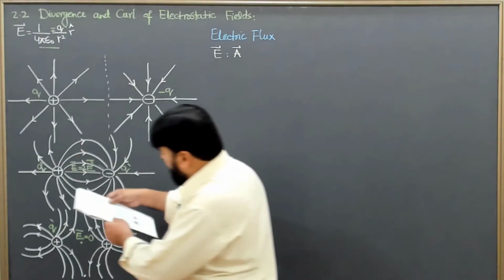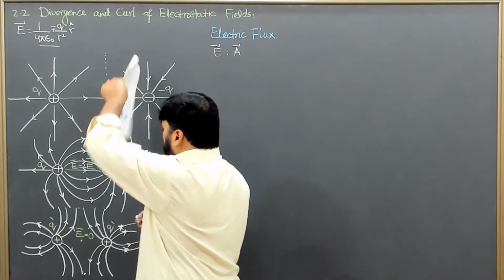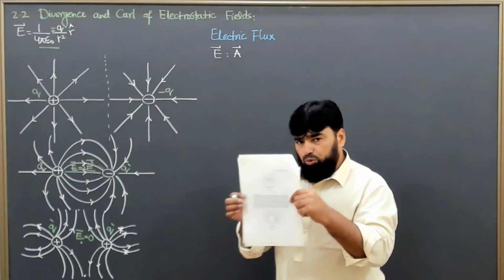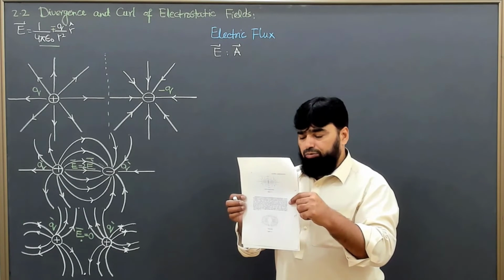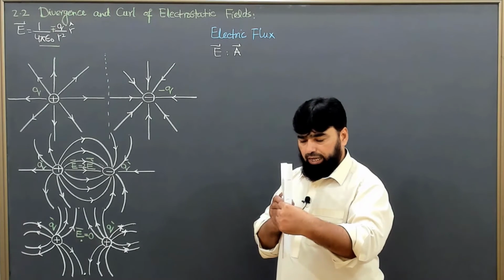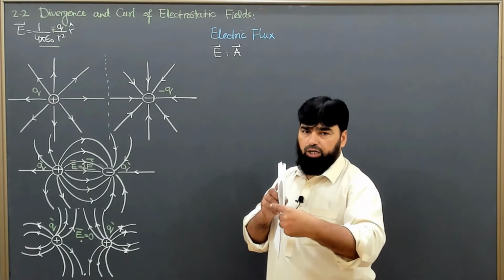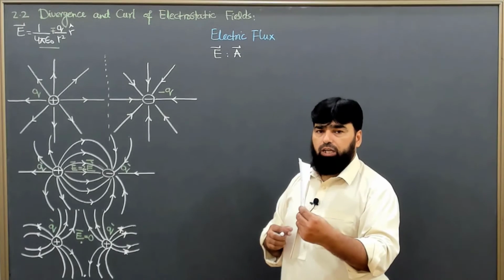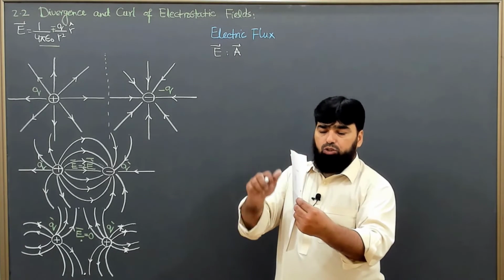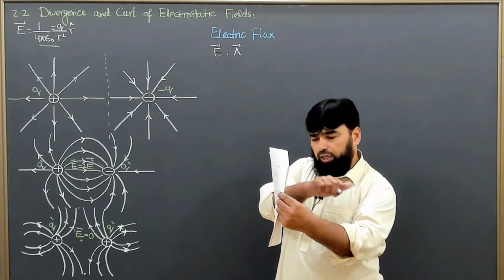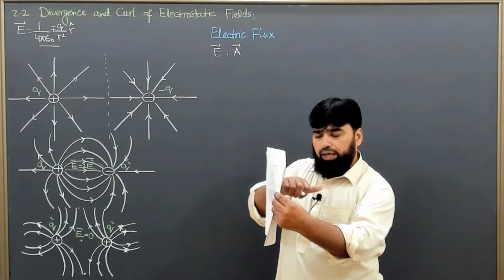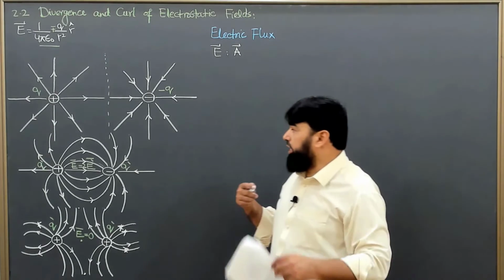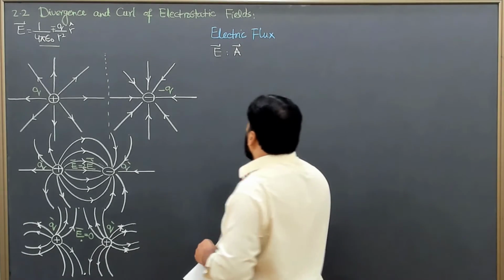The flux lines passing through them, if they are here or here or anywhere, will decrease. And if we turn the area exactly like this and lines are coming from this direction, then none of the lines will be passing through this area. Here the area is no more cross-sectional to it, but if we look at the direction of the area, this direction is perpendicular to the direction of the electric field, and we will have the zero situation.